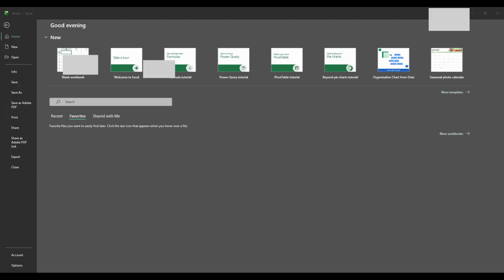In today's video, I'm going to teach you how to change the Excel default save location so that your files are saved directly to your computer and not to OneDrive. This is a helpful setting to adjust if you prefer storing your documents locally for quicker access, or if you're working with sensitive data you want to keep off cloud services.